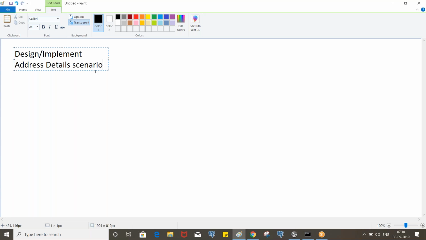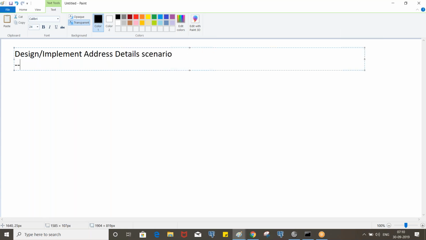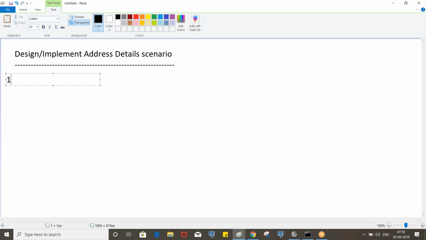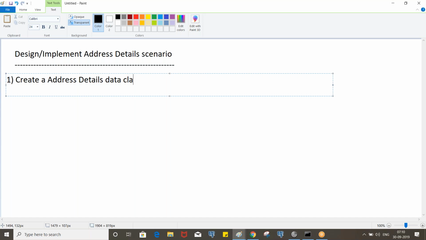This scenario we do by using both data transform as well as activity. Okay, step 1, create an address details data class.